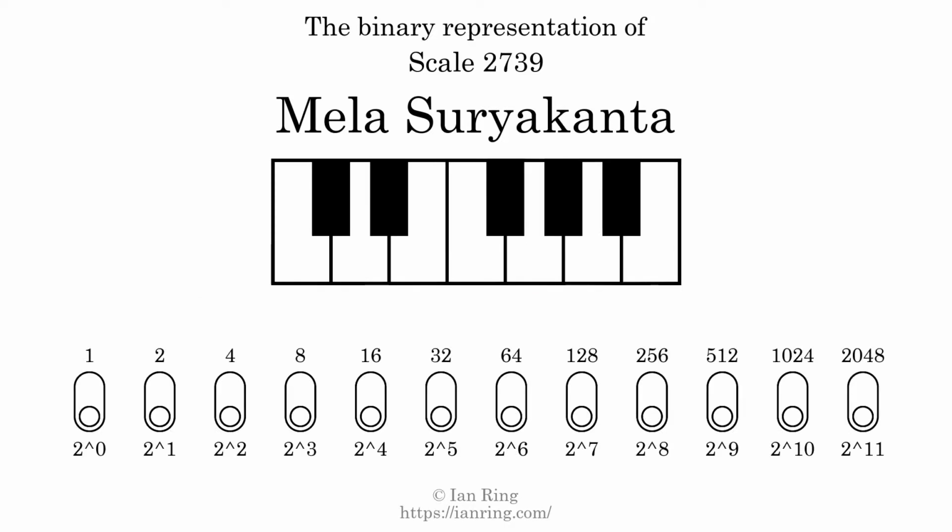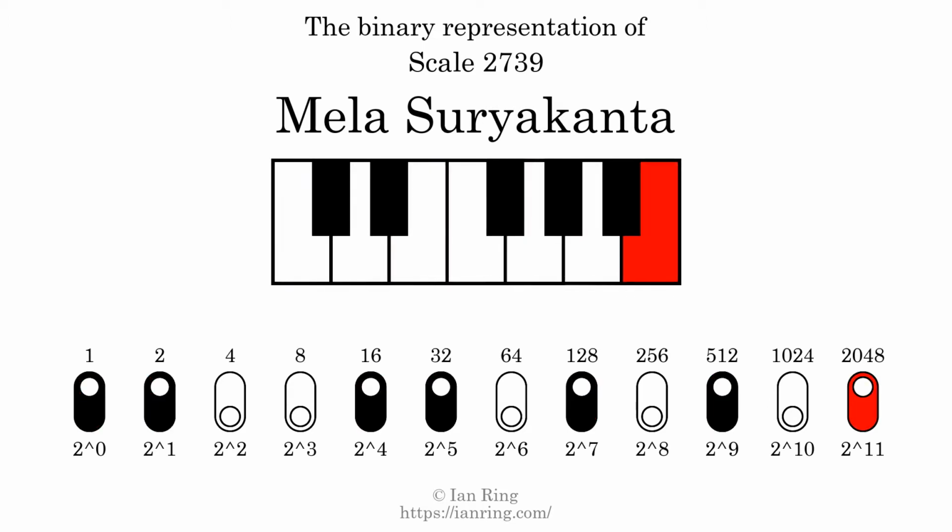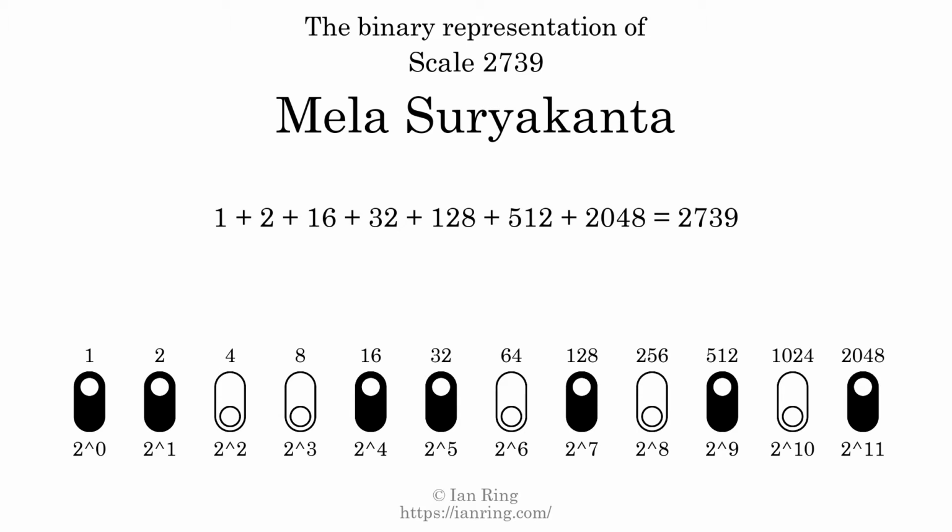The binary representation of this scale is determined by mapping tones of the scale to binary digits. Each binary digit represents a power of 2. To get the scale number, we add the powers of 2 together. The powers of 2 that are present in the scale, all added together, equals 2739. That is why the scale number, in decimal, is